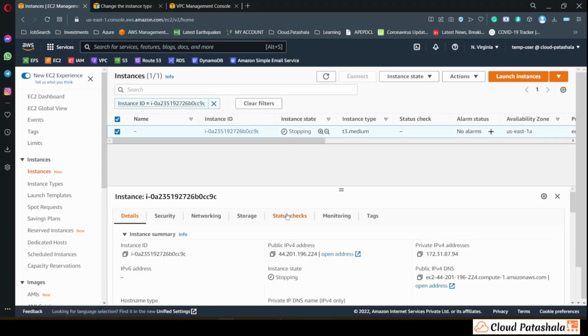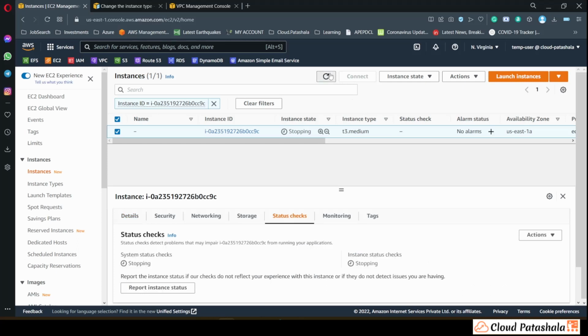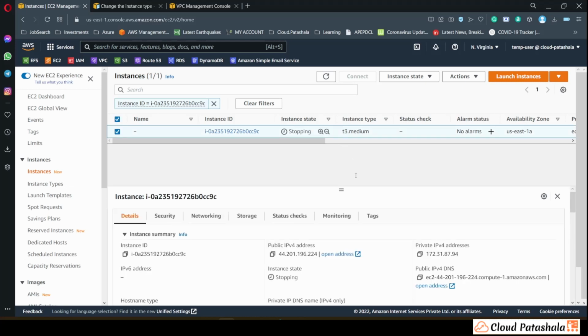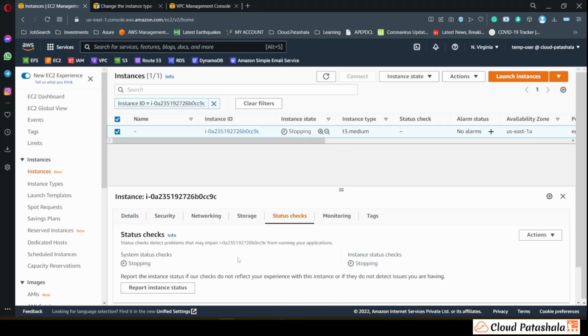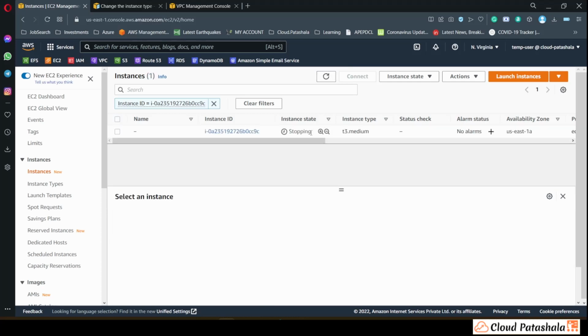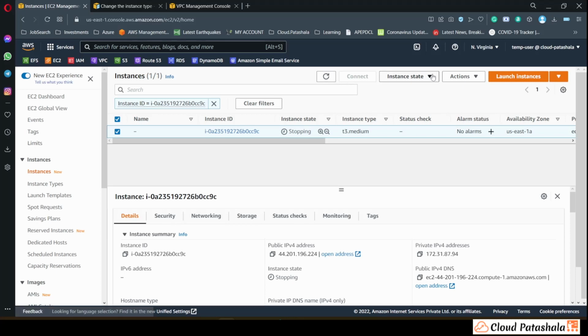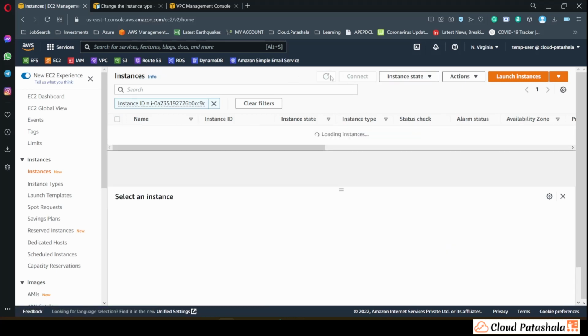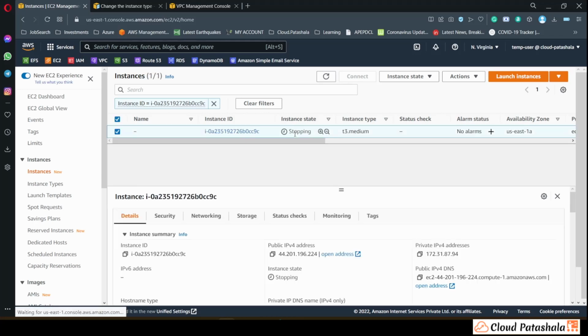Now in this process, there is an unavoidable downtime that is getting added to the instance, and this is definitely going to impact the behavior or the availability of the applications. So whenever you're doing a scaling up or a scaling down activity on the EC2 instances in AWS, it's always recommended to get a downtime on those resources. The downtime could be a minimum of